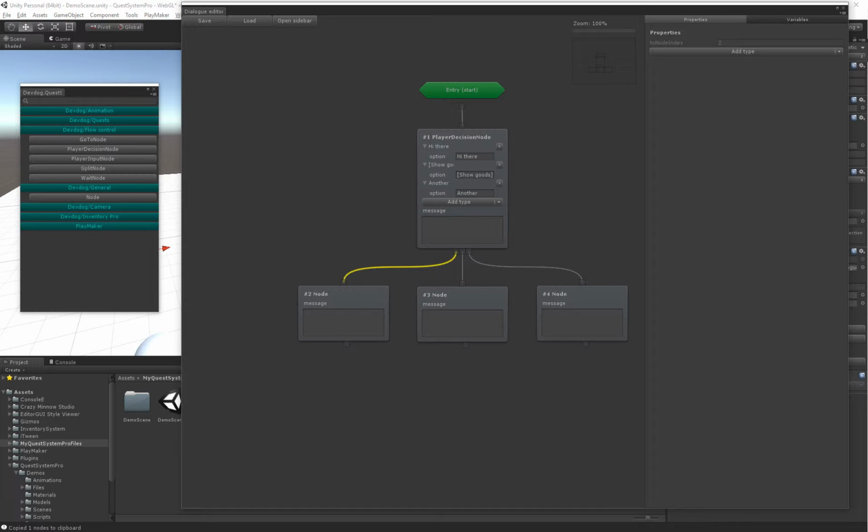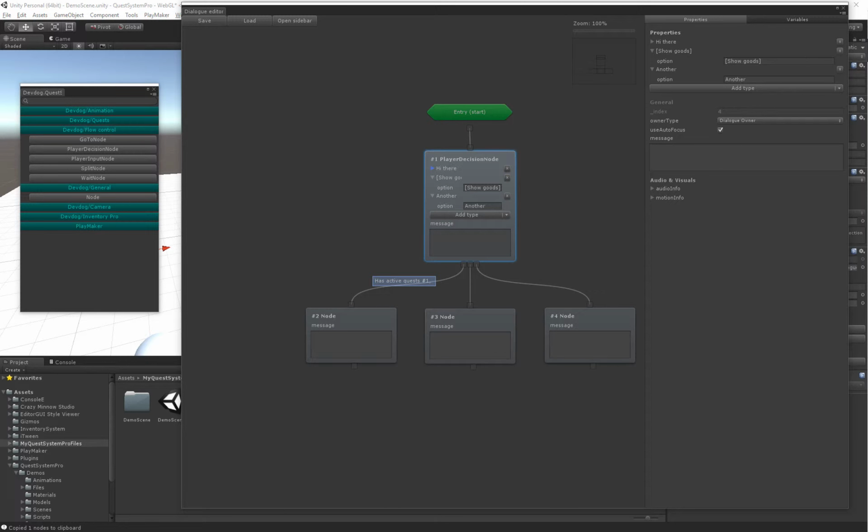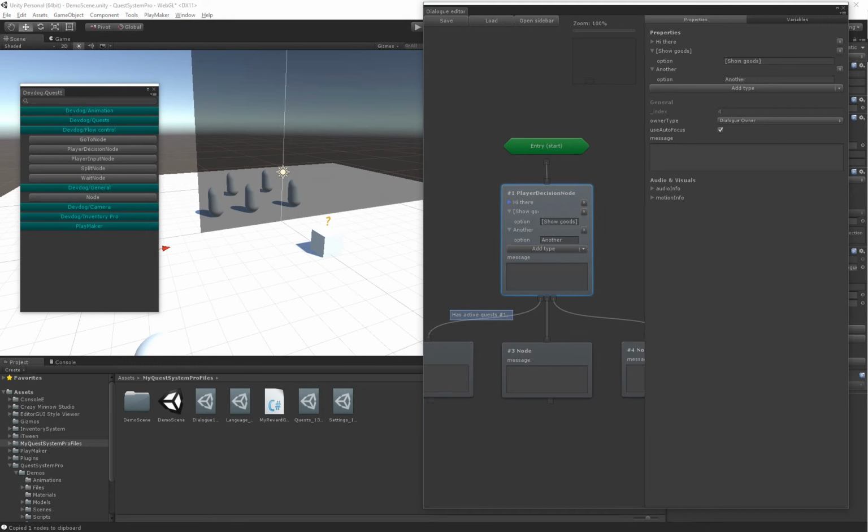So for example, has a completable quest. And now we make sure that if we add a quest here, that the user has completed this quest, and he'll be only able to make this decision if the quest with ID number 1 is actually completed. If he didn't complete it, he won't be able to see this node, so this decision will be completely hidden, and then only 2 decisions will be available. So if we test it out now,